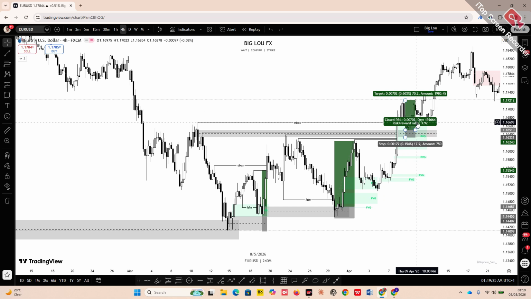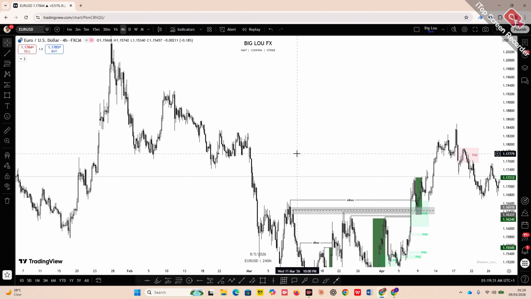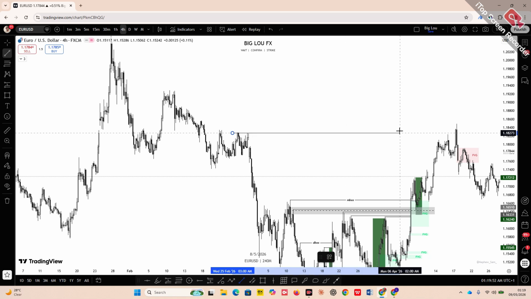Of course, all these trades you could as well, if you have the capacity to hold, if you don't mind the spread, the commissions. The main drawn liquidity that we are targeting apart from this internal liquidity is this one, equal high. This equal high liquidity here would have been our main target if we wanted to hold for long. This equal high liquidity here, this equal high double top. So if you're targeting that zone,